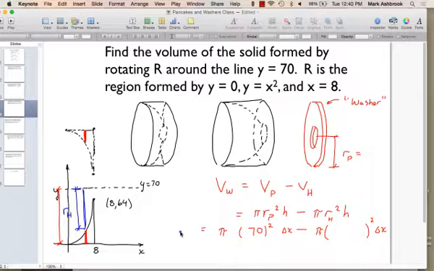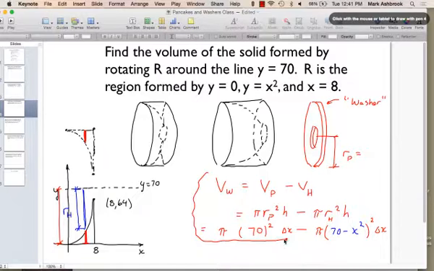So it's going to be y final minus y initial, or y upper minus y lower. What is y upper? 70. The y coordinate of this curve is the bottom of the hole. The y coordinate of the curve, x squared. Okay, so we got,